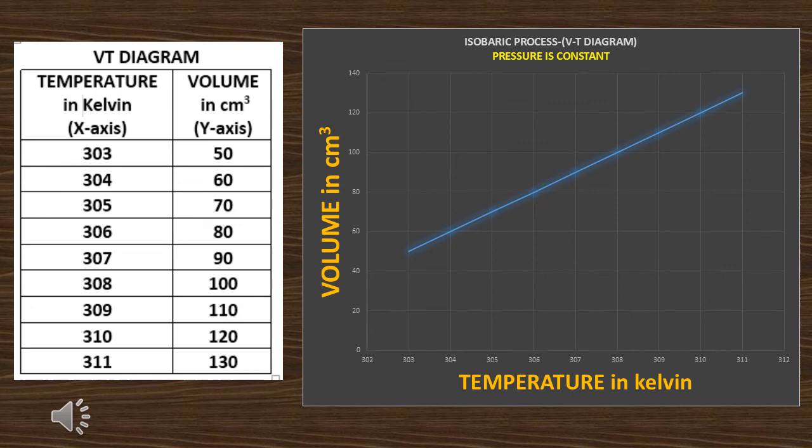Okay, so far we have seen the shape of the PV diagram, TP diagram and VT diagram in the case of isobaric processes. This question is being asked in Standard 12, Chapter 8, Heat and Thermodynamics lesson as one of the exercise questions.